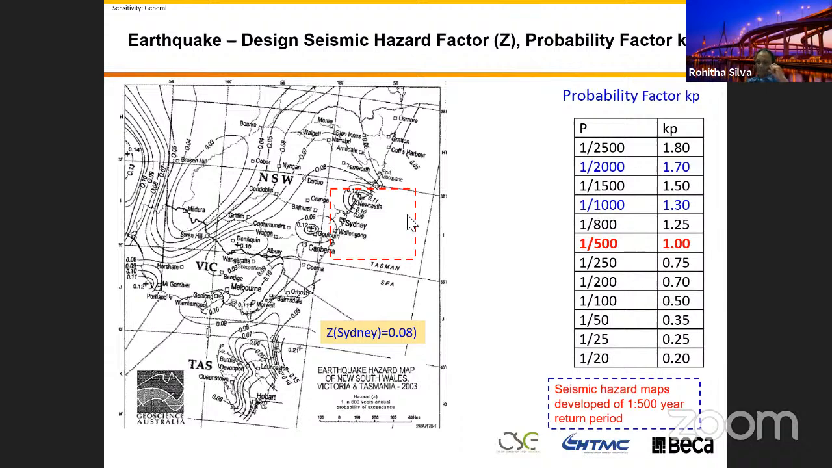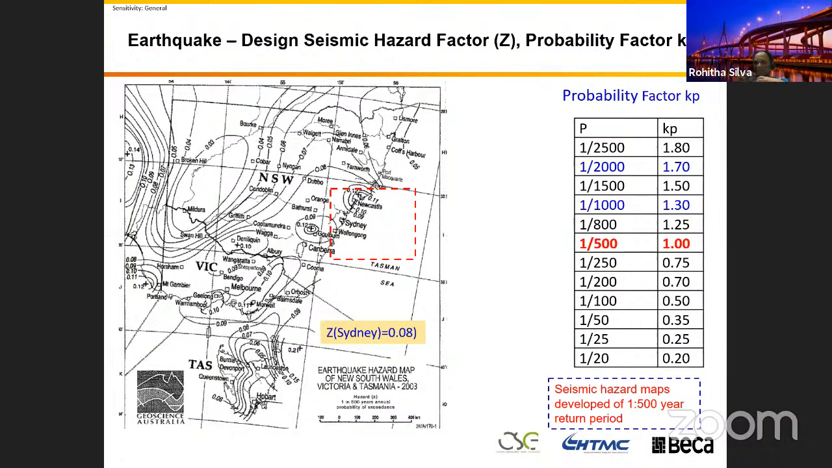So in the previous code, before this 2011 update, we called this one ground acceleration. It shows the percentage of gravitational acceleration. For example, in Sydney, it's about 8%. And now in the latest code, we call it the dynamic seismic hazard factor, because this factor is going to be multiplied by